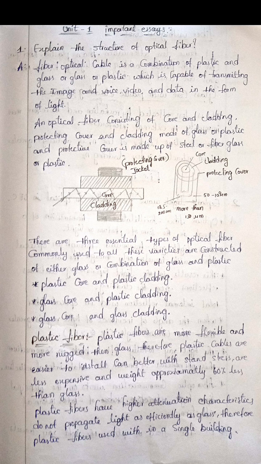Unit 1 important essays. Explain the structure of optical fiber. Fiber optic cable is a combination of plastic and glass, or glass or plastic, which is capable of transmitting image, voice, video, and data in the form of light. An optical fiber consists of a core, cladding, and a protective cover. The core and cladding are made of glass or plastic, and the protective cover is made up of